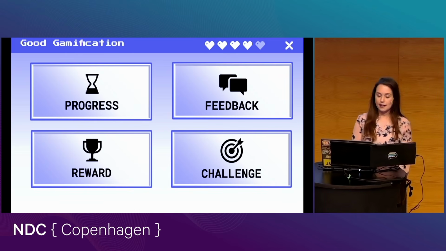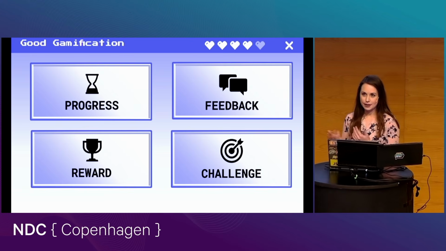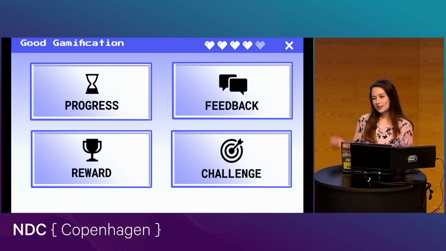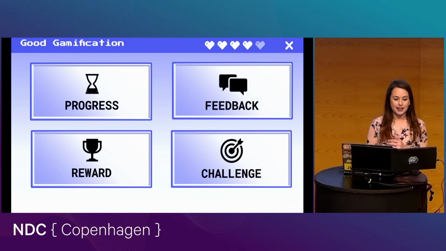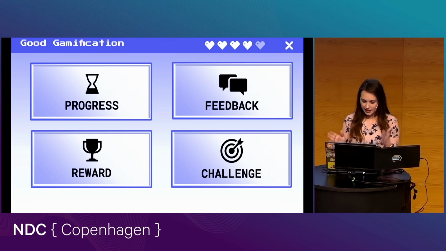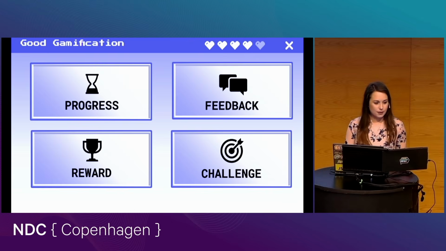They keep saying, hey, come make some more purchases and you'll gain so many bonus stars or whatever it might be. So actual physical, tangible rewards. And it doesn't always have to be that way. That's more of an extrinsic motivator, but it could be something that's more intrinsic as well, because we've all got those motivators in us. So when we talk about gamification, we've got progress, feedback, challenges, and rewards.